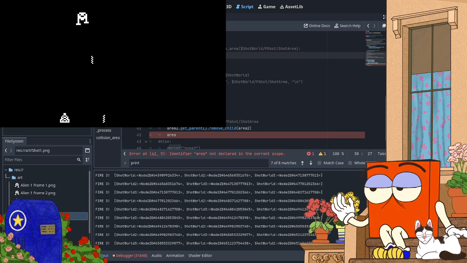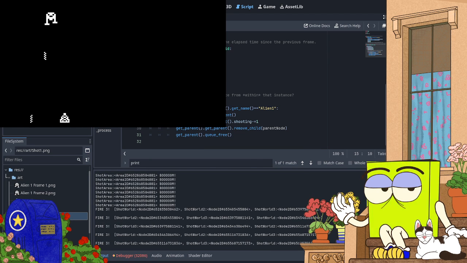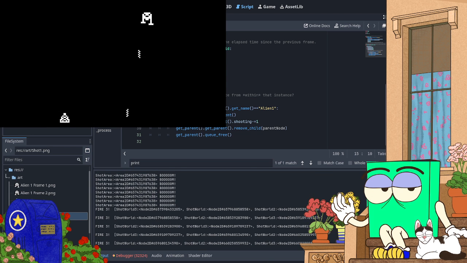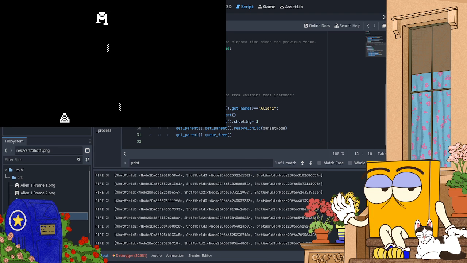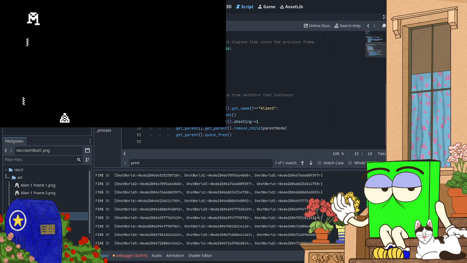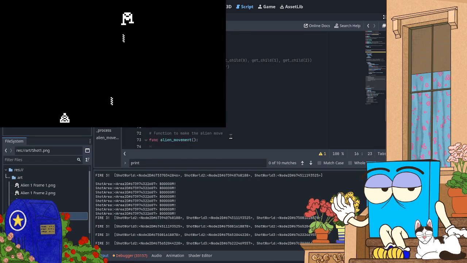I just looked at the command, forgot it already. Get parent queue free. Trying to remember what node I'm removing.